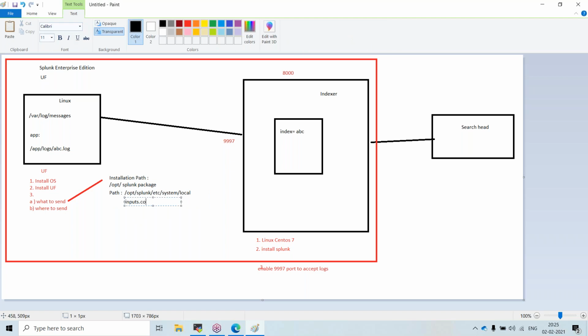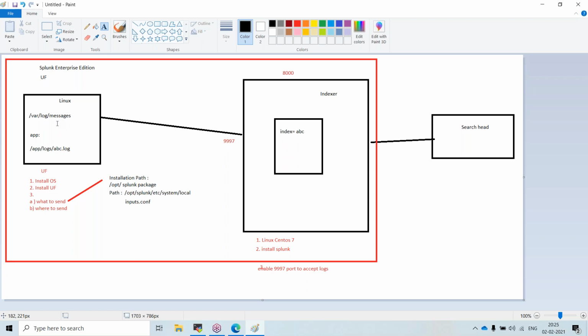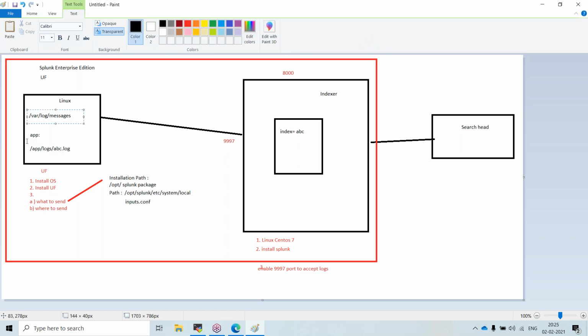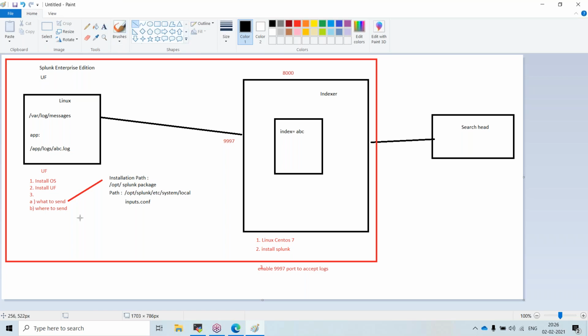In inputs.conf I should mention what data I should send. If I want to send, for example, var log messages and app logs abc.log, in inputs.conf I have to mention that configuration. And where to send will be done using outputs.conf.